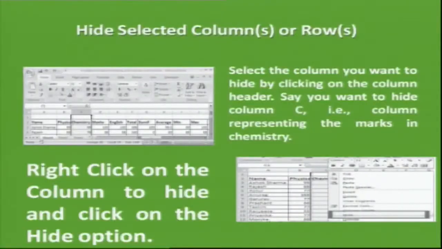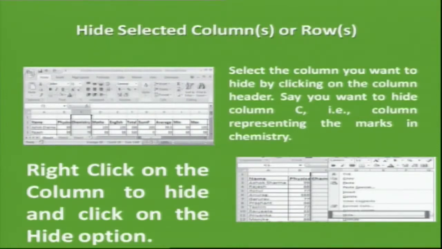When we are formatting the content, sometimes we may have to hide some rows and columns. So how can we hide particular rows or columns? It is very easy. Whenever we want to hide some rows or columns, we just select the particular row or column, then right click and choose the option Hide. So that particular row or column which we have selected will be hidden.